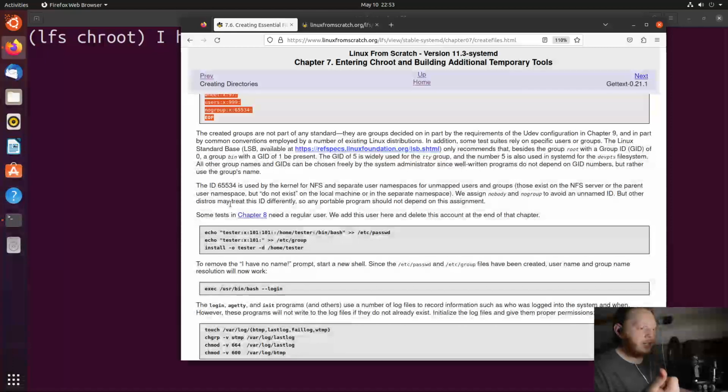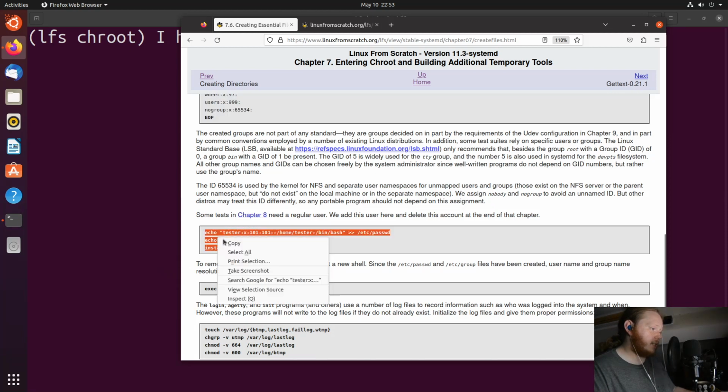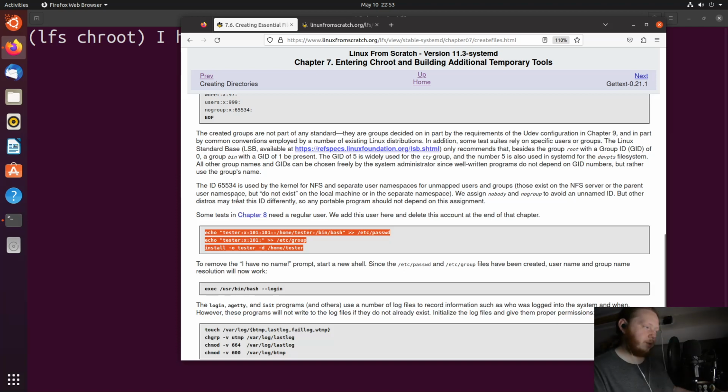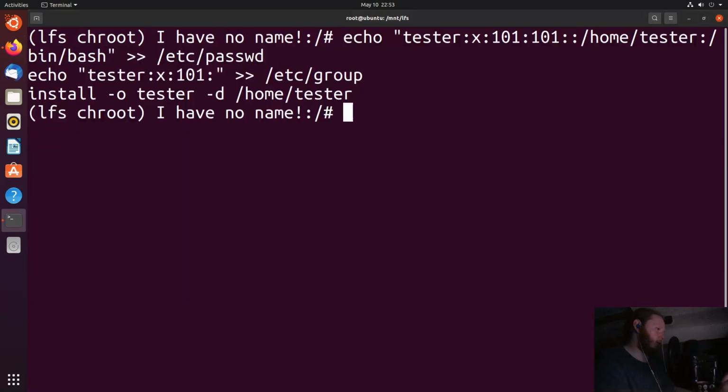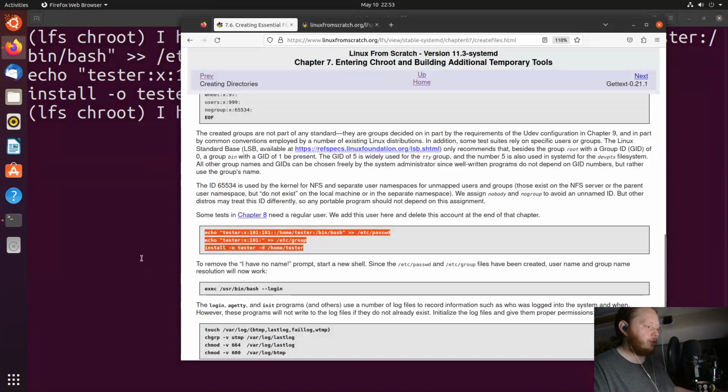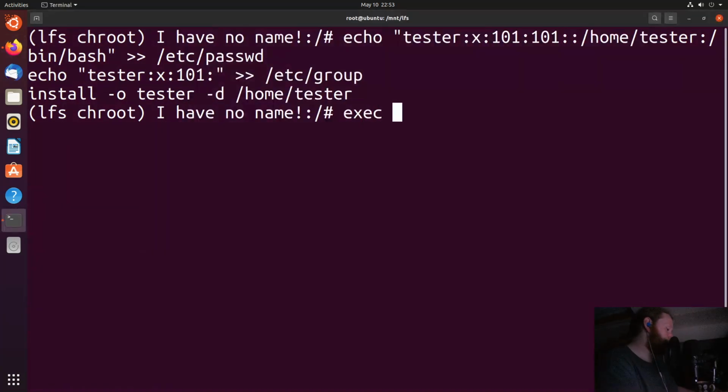So we now need to create a tester user that's required for running the tests later on in some of the packages, just to confirm everything's fine and dandy. That's expected, don't worry about it. So again, just whack in the tester and say, hey look, some tests I need a regular user. That's basically all that is. Add the tester user, and now if we do exec /usr/bin/bash